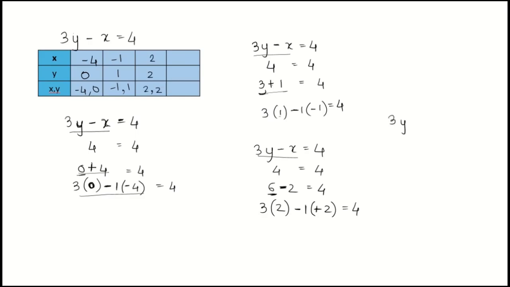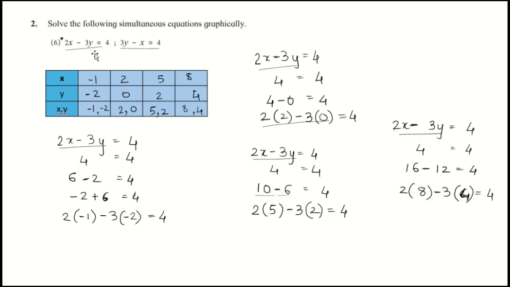Searching for the last point of this equation, we should get this total as 4 after solving. And how to write this 4? 9 minus 5 will give us 4. How to write this in the form of the equation? 3 from the equation. 3 into 3 will give us 9. Minus 1 from here, and here it is 5. So minus into plus is minus. 1 into 5 is 5. Minus into plus is minus, is equal to 4. So the point is 3 as y and 5 as x, 5 comma 3.